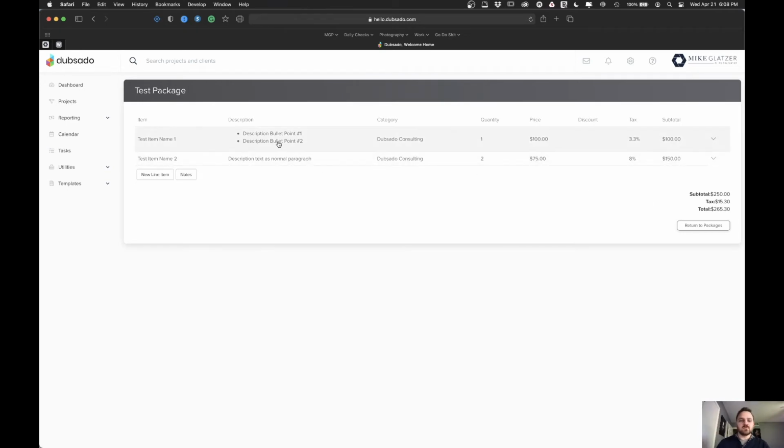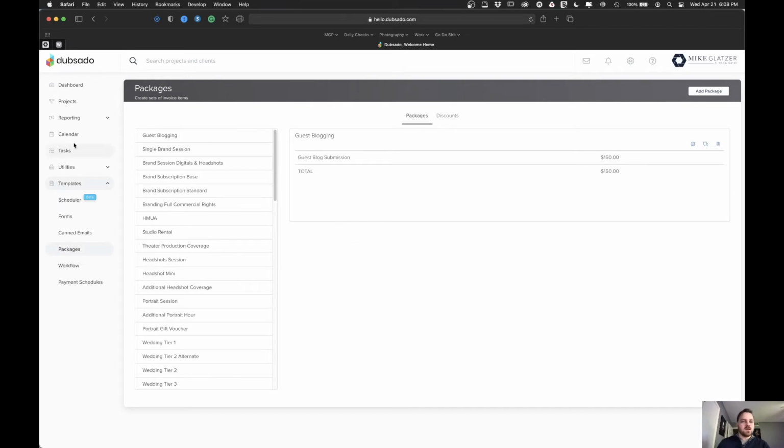I did this somewhere else, so I'll show you where it is. Okay, so you can see how that bullet point toggle shows up here now, versus the paragraph text. That's what that toggle does that I talked about earlier. Okay, so we'll go return to packages. Here's that reporting thing I was talking about. So you go to reporting, go to transactions,